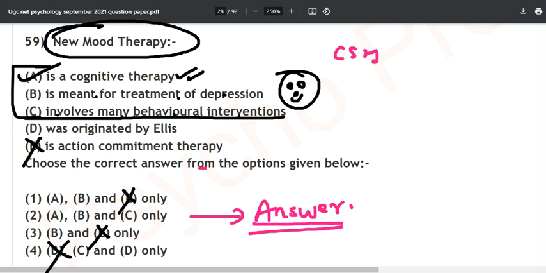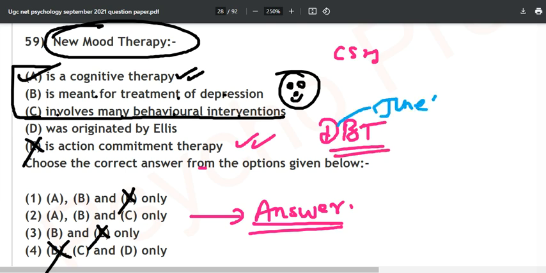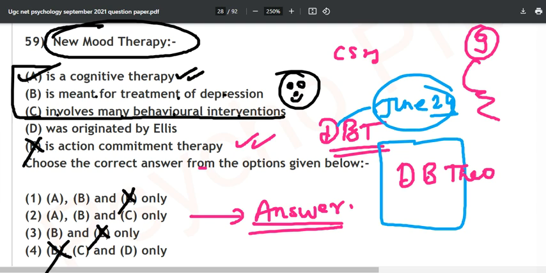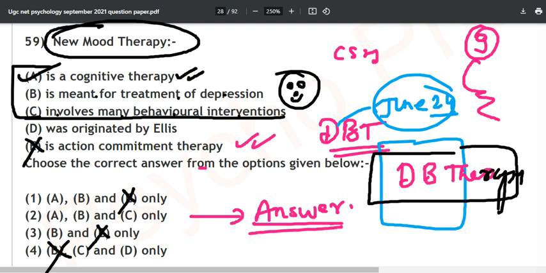reading as well. So syllabus reading is also important, because the same thing happened with DBT in the recent June 2024 paper. If you have given it, you will find there is a question on health behavior theories, and they have mentioned DBT as dialectical behavior theory. But if you go to unit number 9 and read the syllabus, you will find there is no such theory called dialectical behavior theory. It is a therapy. So as soon as you know it is a therapy, you will eliminate it, and only one option is left apart from this option. So automatically you will get the correct answer there as well.